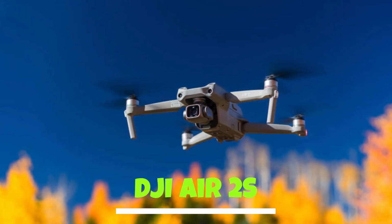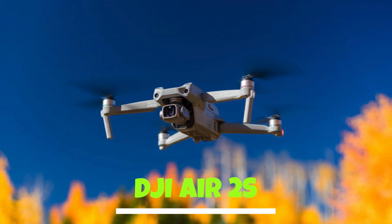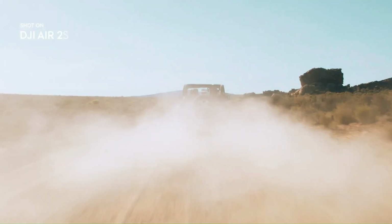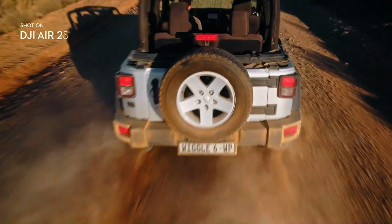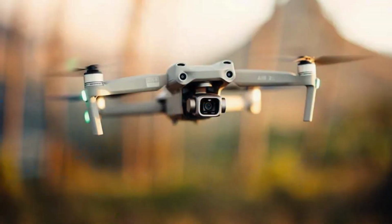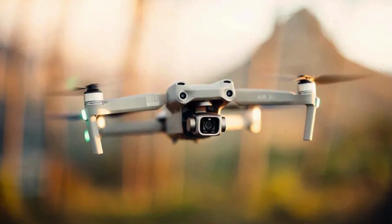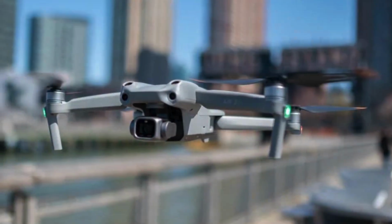Number 3, DJI Air 2S. The Air 2S is equipped with a 20MP 1-inch sensor, which sets it apart from the Mini 3 Pro, which has a smaller 1/1.3-inch sensor. This gives the Air 2S an edge over the Mini 3 Pro when it comes to image quality and high ISO response. With the Air 2S, you can capture 5.4K video at 30 frames per second,